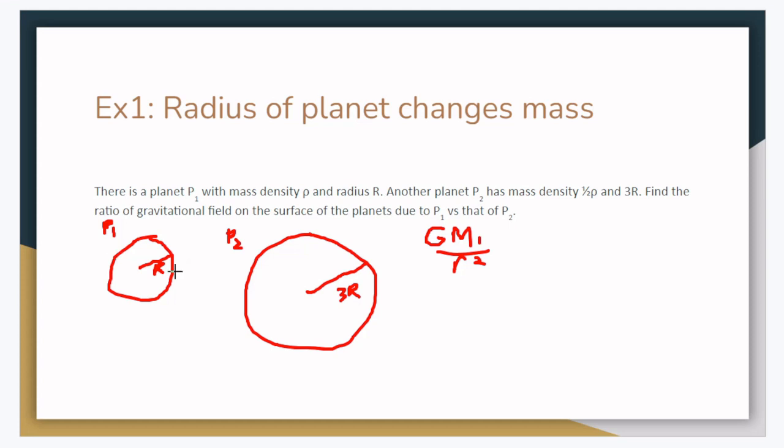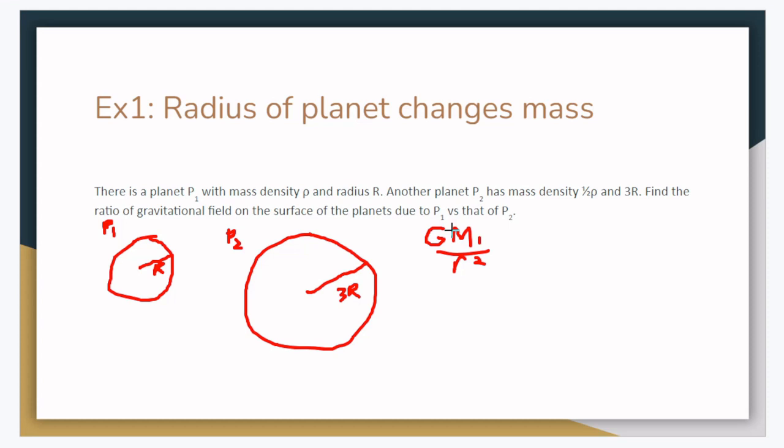First we'd have to find the mass of P1, and this is where proportionality comes into play. If you don't want to calculate everything with the constants like G or 4/3 pi, then we need to take into account proportionality and see which variables are changing, and use those to set up